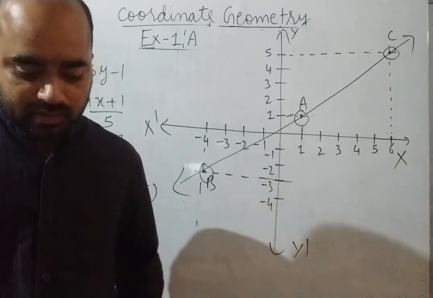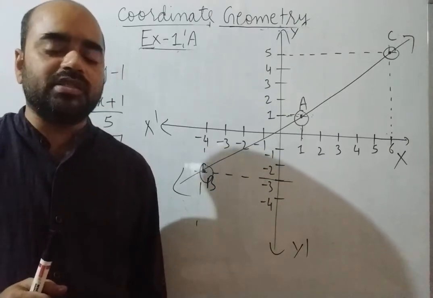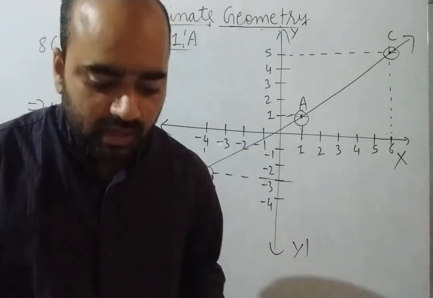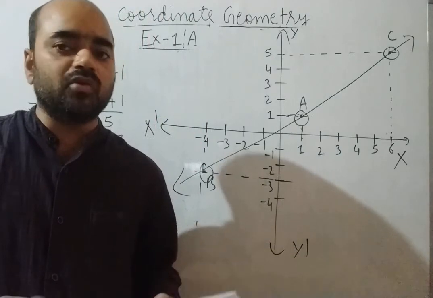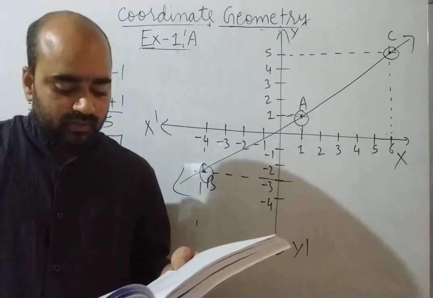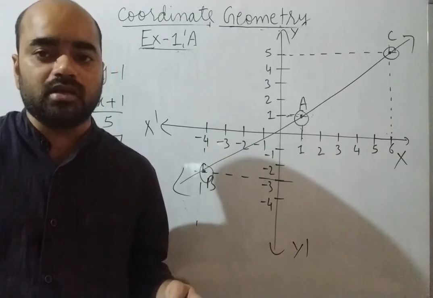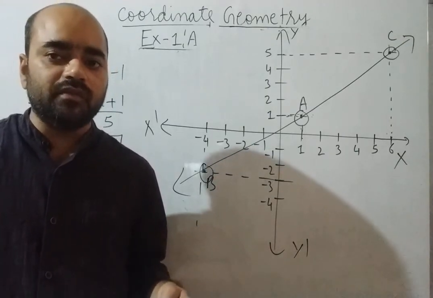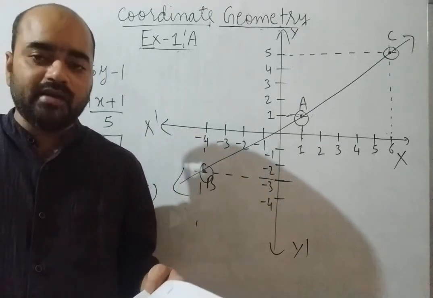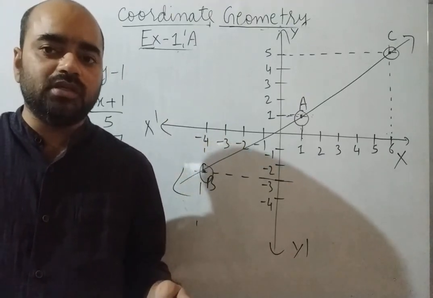So remaining questions, only one question is left, question number 9. You can plot all the 3 equations and we can find the triangle. Question number 10, 11, 12, 13, we are not going to study. Why? The questions are based on slopes and intercept. That is contained in your next class, class 10th. In class 10th, when we study equation of a straight line, then only we will study slope and y intercept. Okay, so we are going to solve only up to question number 9.